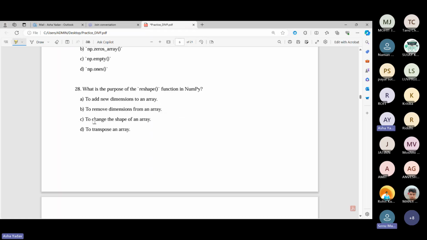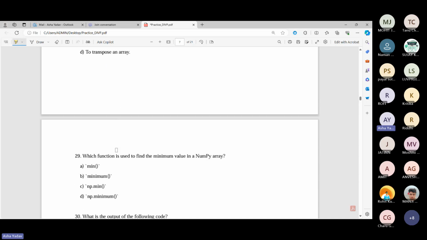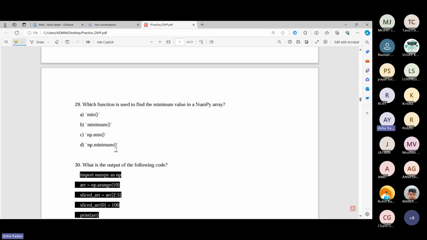What is the purpose of reshape function in numpy array? रीशेप क्या करता है? To change the shape of an array. यस, जो भी एरे की शेप होती है उसको चेंज करता है ना, उसमें कुछ ऐड करता है ना डिलीट करता है, सिर्फ एरे की शेप को चेंज कर देता है, जो भी आप शेप बताओगे उसमें।